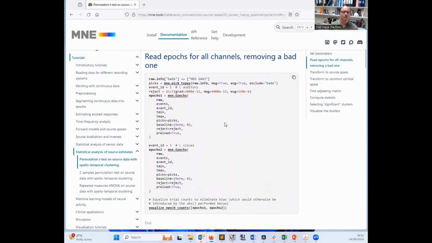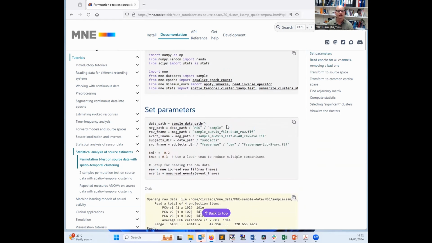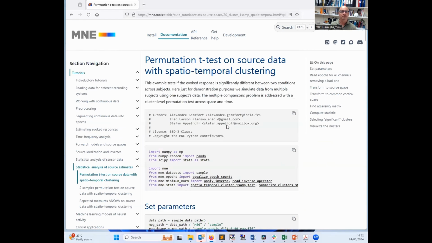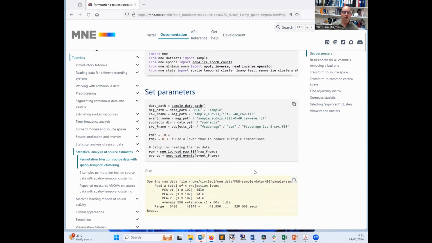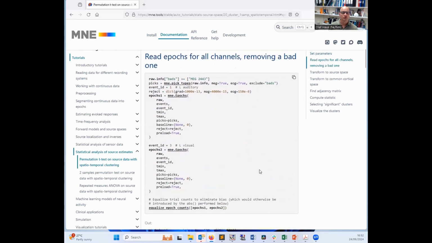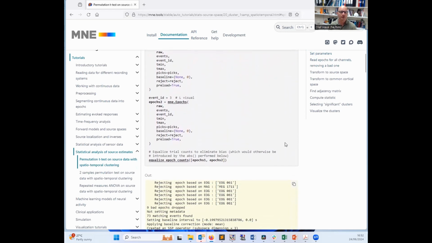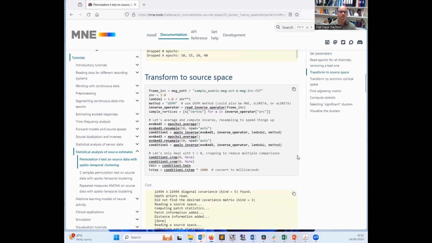I should also point out that because the sample data set only consists of 1 participant, they are actually simulating a multiple subject data set based on 1 subject's data. So don't take these things too literally here. This is really just to illustrate the workflow. Please check in your own analysis if that all makes sense to you. Here they are creating epochs 1, epochs 2 for what they then pretend are 2 different conditions